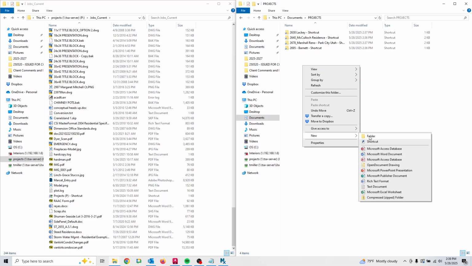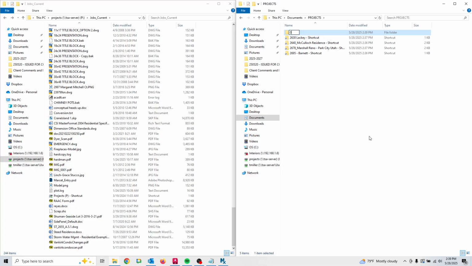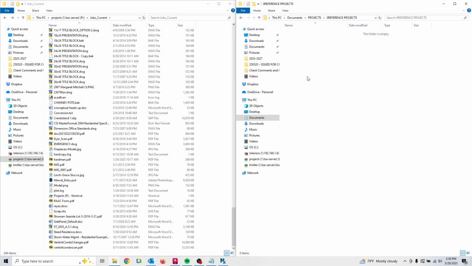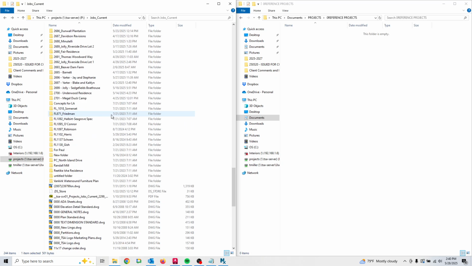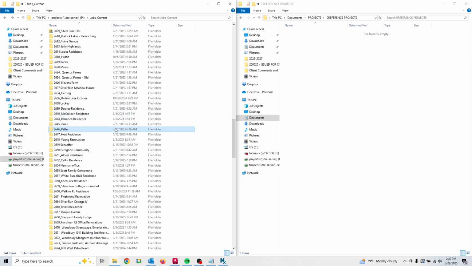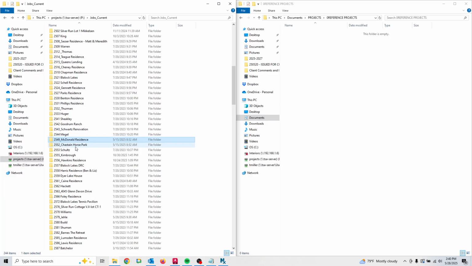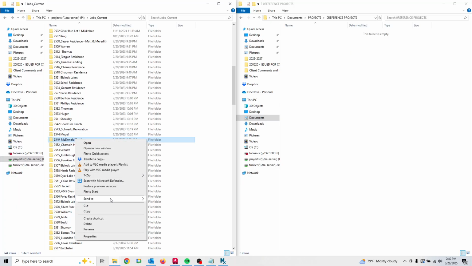So one thing I like to do is create a reference projects folder. And what I like to do is add shortcuts to projects that maybe aren't my projects or are maybe in the jobs archive, things that I'm not looking for day to day, but sometimes I will reference, maybe a detail or how something was displayed or drawn. So, I think there's several projects like McDonald 2549, which I think has a lot of good stonework and detailing in it. So maybe we'll create a shortcut for that